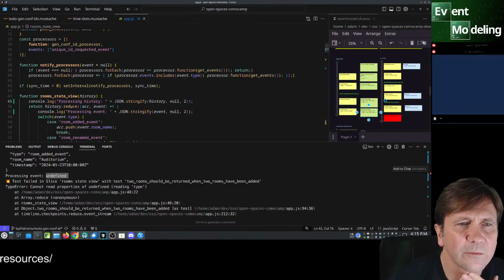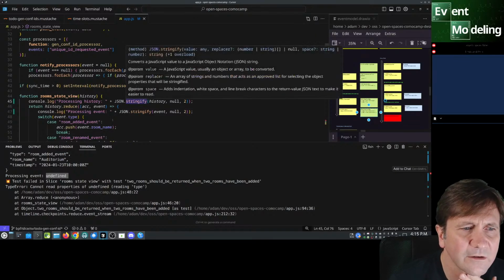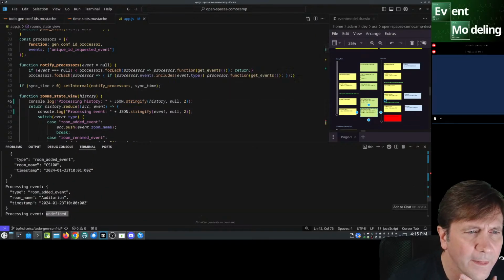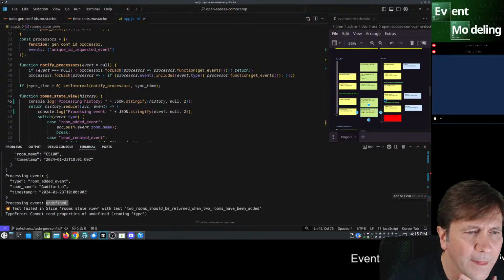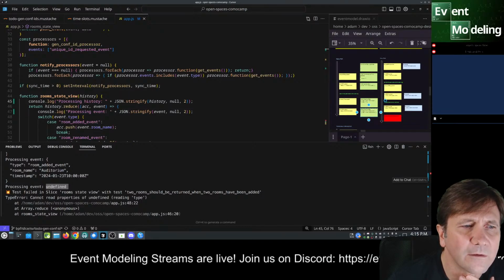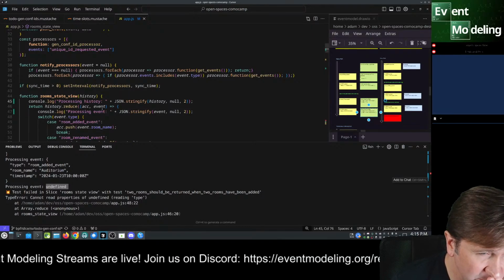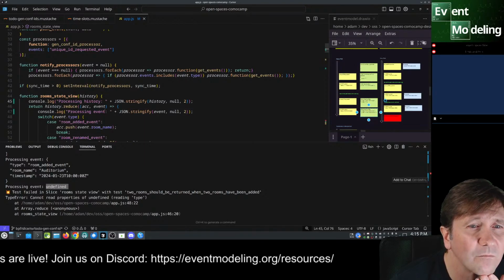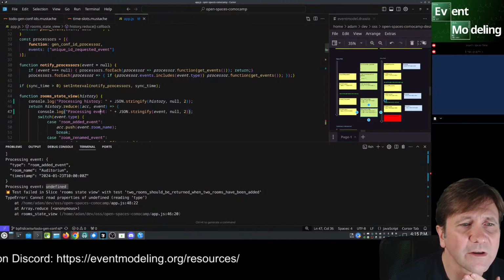Room state view, processing event undefined. Room added event. Why do I have 2 processing events?